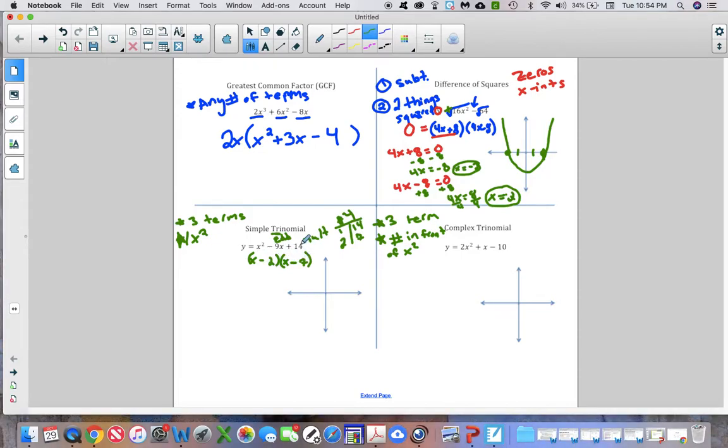-2 times -7 will give me 14, but -2 minus 7 will give me -9. That checks out. Okay, now as soon as I have them factored down, I want to find those zeros. I want to find where they cross. So I am going to